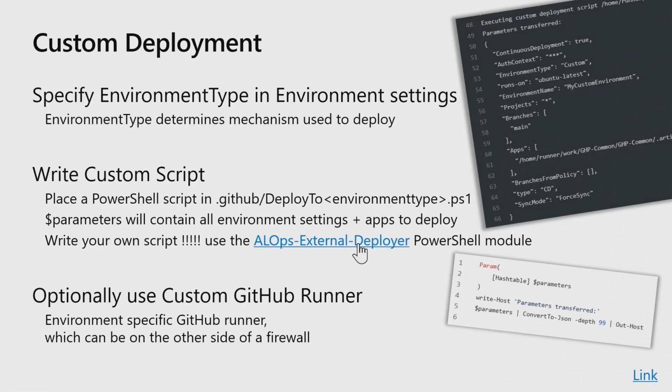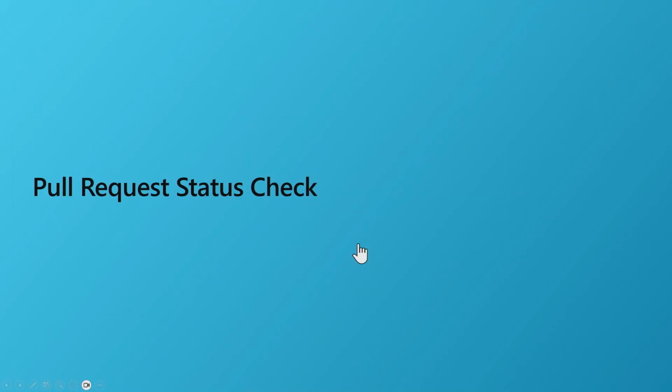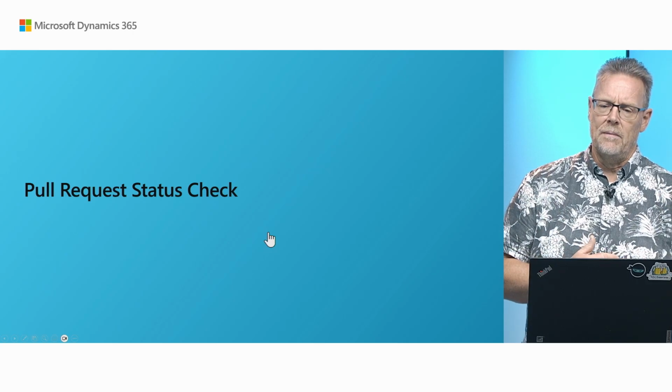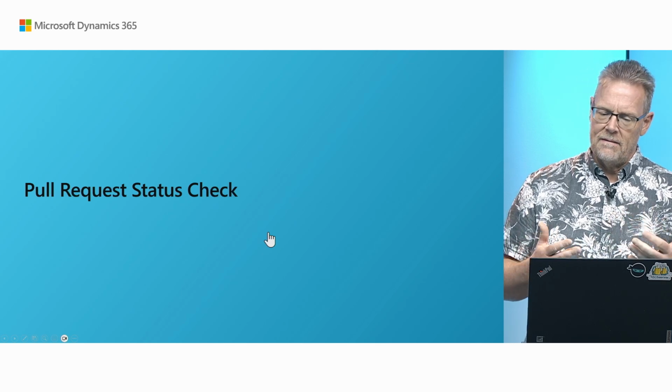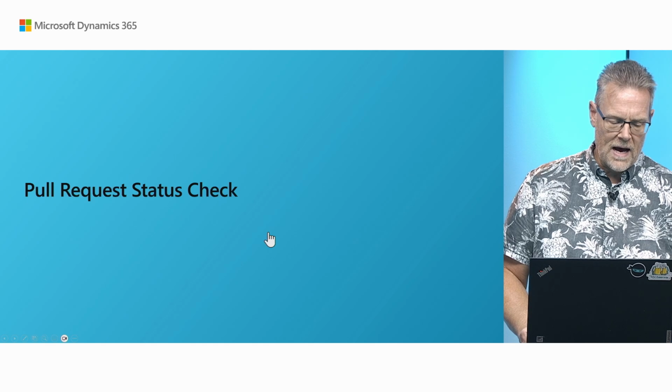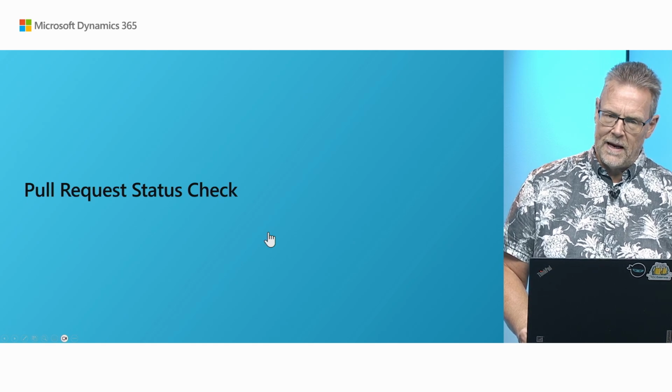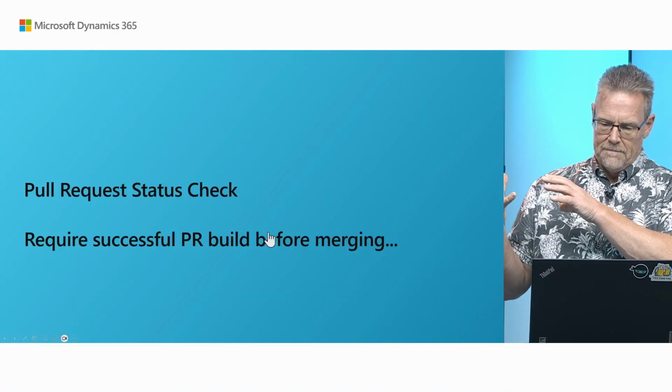So next up, pull request status check. Whenever you're running a pull request, we've had a few different iterations of how the pull request handler should be. In the beginning, we had the CI/CD workflow to handle pull requests. And then later we created a pull request handler itself. And today, I think we still have the pull request handler. And that one, we now have a job called a pull request status check, which you can use in your GitHub